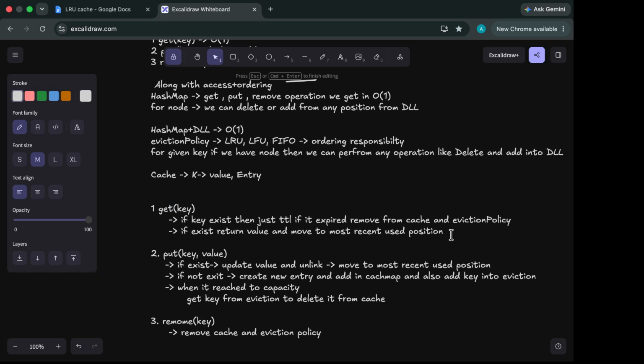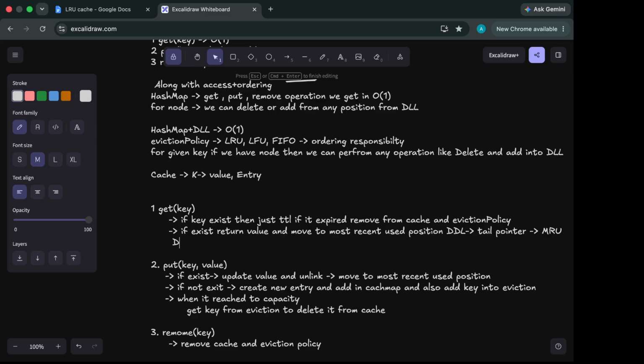Okay, in this case, in the DLL, the tail pointer I will keep as the most recently used position. Okay, and the DLL head pointer will point to the least recently used position, which we will evict in case the size of the cache reaches the capacity. Okay,